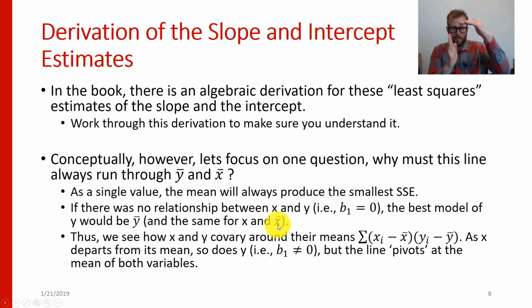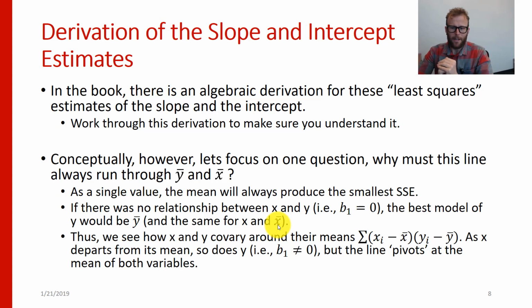If we kind of flip the tables, we would say, well, the best value of x that's going to produce the smallest sum of squared errors is the average x, assuming there's no relationship between these two variables. So if there was no relationship, we would need a point that's going to draw a line between these two values. So when we see how x and y covary around their means, we're looking at each x around its mean and each y around its mean, we're asking, as x departs from its mean, does y also depart from its mean? And if that's true, now what would have been a flat line going through the center of the y distribution gets tilted this way,